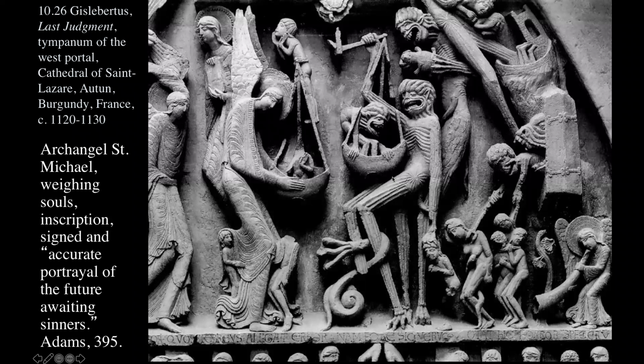So when you get close up, it gets kind of gruesome. So this is on the right side of the picture, but remember this is Christ's left side, so this is the bad stuff going on. We see demons, and in Revelation they talk about weighing the souls. And when they weigh your soul, they can see, are there too many sins on your soul, or are there good things on your soul? Depending on how they weigh you, they're going to send you to heaven or hell. So it looks like this demon is not happy with a fair scale, so he's trying to weight it a little bit.